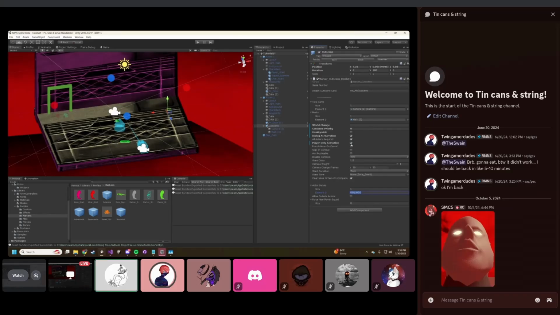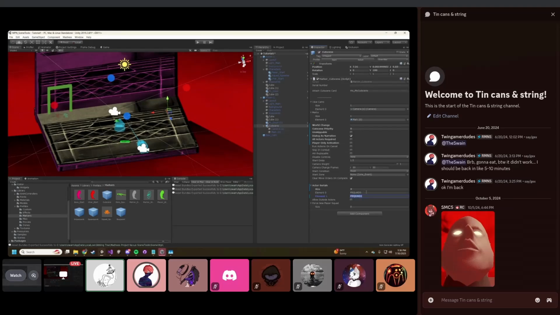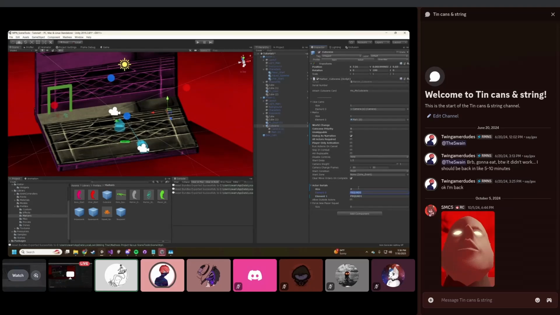So let's say there was "all actors required." Usually if "all actors required" is off, and I have it so that P Squad 1 or P Squad 0 can be the ones that activate it, and this is off, that means if either player 1 or player 2, which could be a squad mate, walk into whatever the thing is that causes this to start, which we'll get to in a second, that's down here,